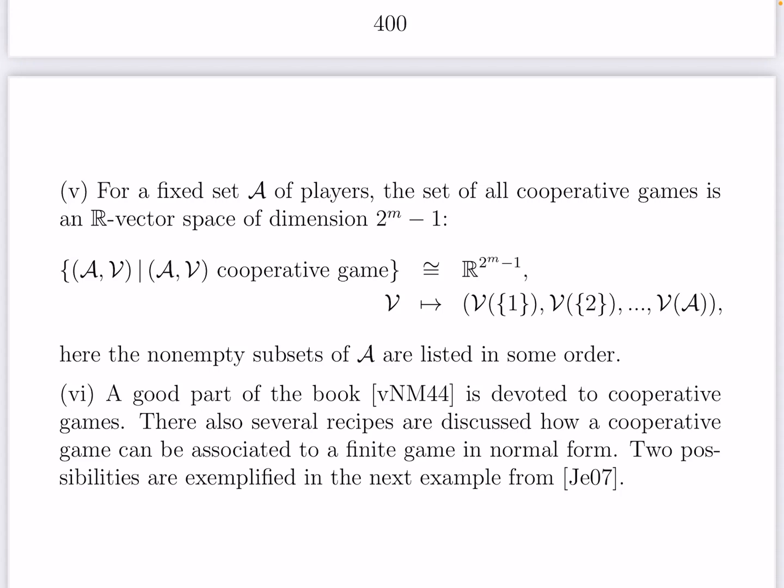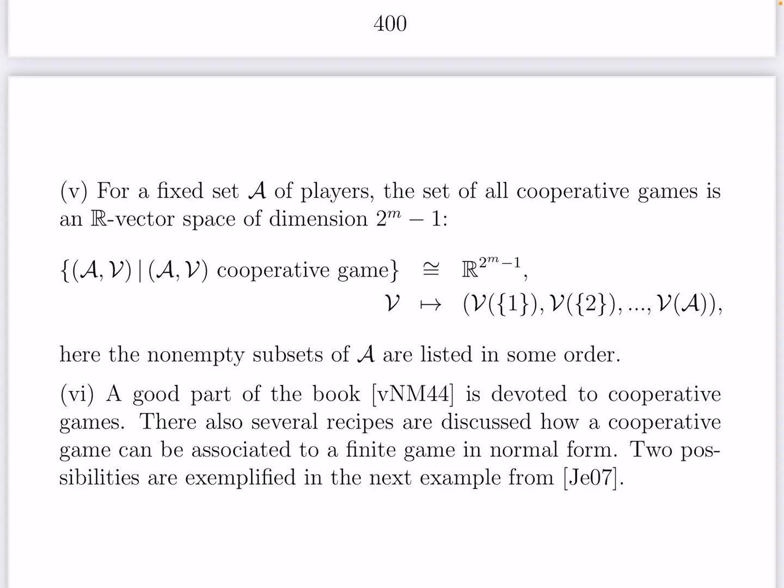So, the old book of von Neumann and Morgenstern from 1944, which was somehow the birthplace of game theory, had quite a part about cooperative games. And especially they had something which now, looking back, is not so important anymore. They had several recipes how to go from a finite game in normal form to a cooperative game. And two such